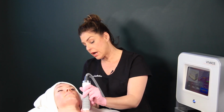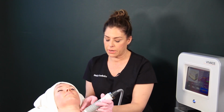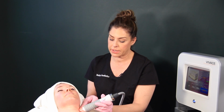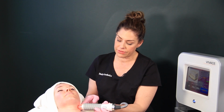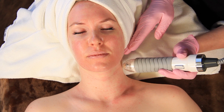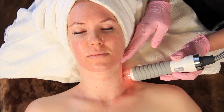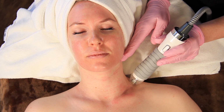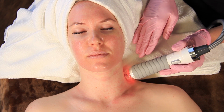So one analogy I always give my clients, we do have a lot of people who work out up here, so I always tell them, you know, you go to the gym and you're trying to build your muscles. When building your muscles, you're actually breaking those muscle fibers so they can thicken and strengthen and your muscles get bigger. So by needling at the depth for your elastin and collagen fibers, you're breaking those so that way they can strengthen themselves, realign, and thicken back up so you can help with lining and scarring and the stimulation of